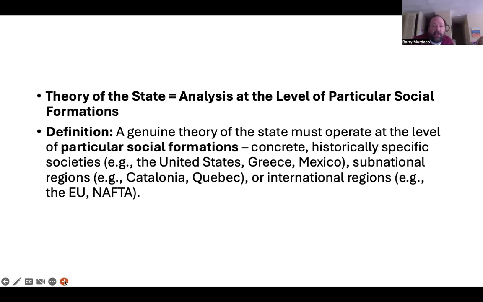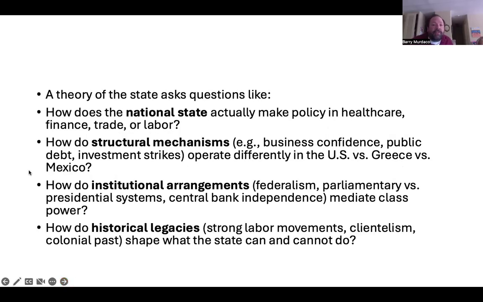A genuine theory of the state must operate at the level of particular social formations, concrete, historically specific societies, the United States, Greece, or Mexico, for example, subnational regions, Catalonia or Quebec, or international regions, the EU or NAFTA. A theory of the state asks questions like, how does the national state actually make policy in healthcare, finance, trade, or labor? How do structural mechanisms, for example, business confidence, public debt, investment strikes, operate differently in the US versus